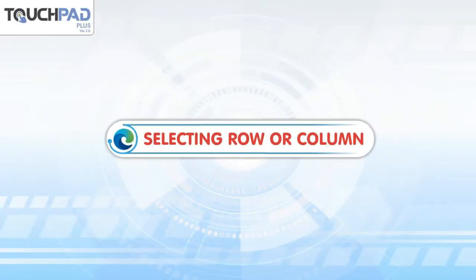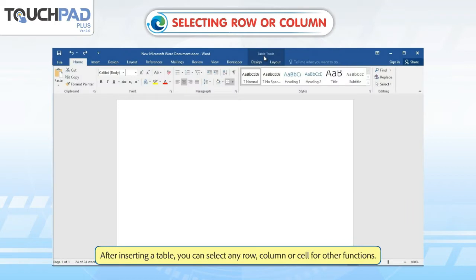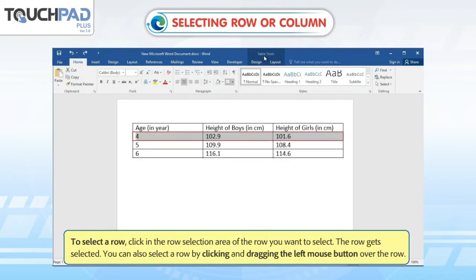Selecting row or column. After inserting a table, you can select any row, column or cell for other functions. To select a row, click in the row selection area of the row you want to select. The row gets selected. You can also select a row by clicking and dragging the left mouse button over the